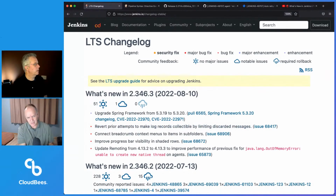The next one is more about a user interface improvement that, hey, sometimes the breadcrumbs that were included in menus needed to be revised a little bit. And it's just a nice UI fix. Yep. And this next one's similar, I would assume. This next one I actually like a lot because